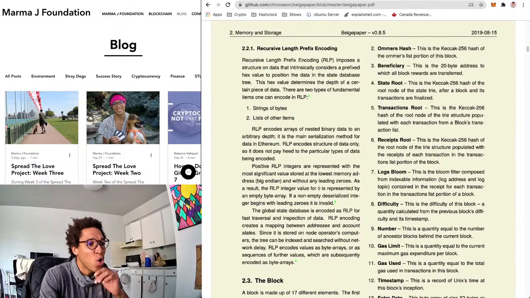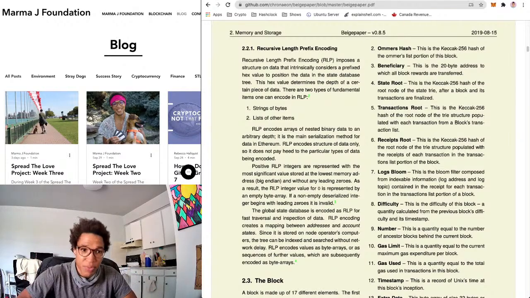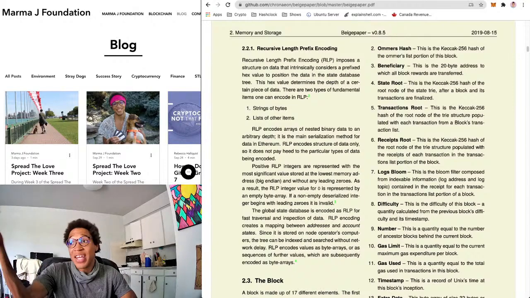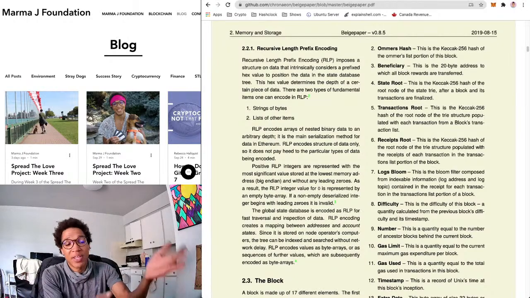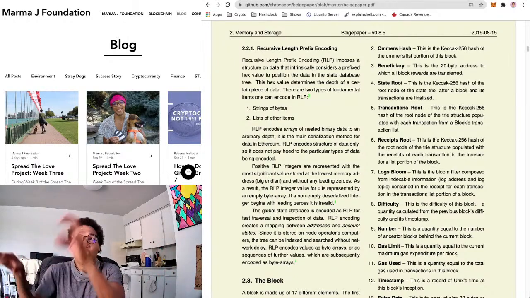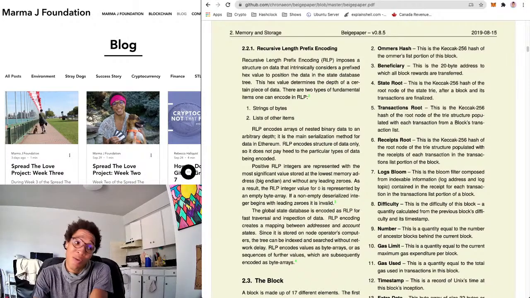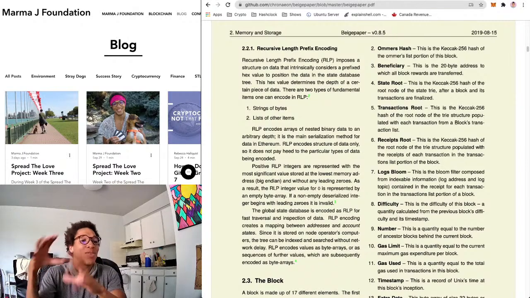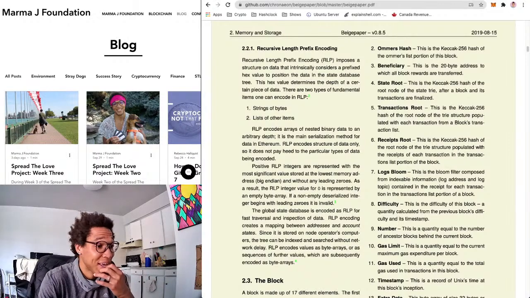Since it is stored on node operators' computers, the tree can be indexed and searched without network delay. So again, you're holding the state on your personal computer and you don't need the network to do it, but it would still be difficult to search every proof. You need a very powerful computer. By having it done this way, you can retrieve the data even on, like, I have some old 2000s computer I'm running an Ethereum node on, and it can still run and compute, I guess in part because of these enhancements, which is pretty cool.